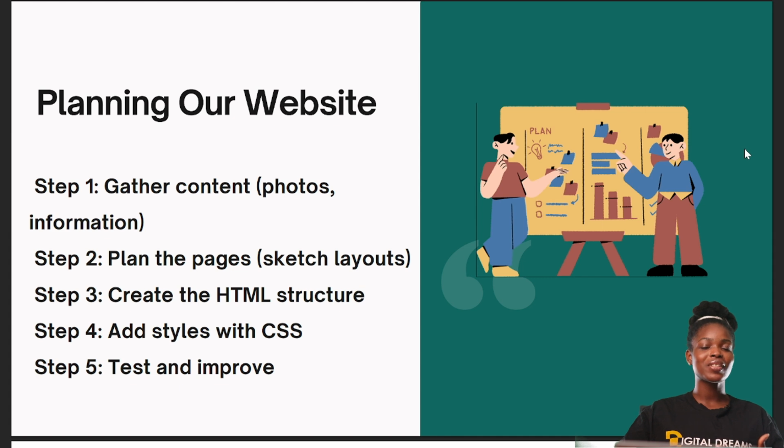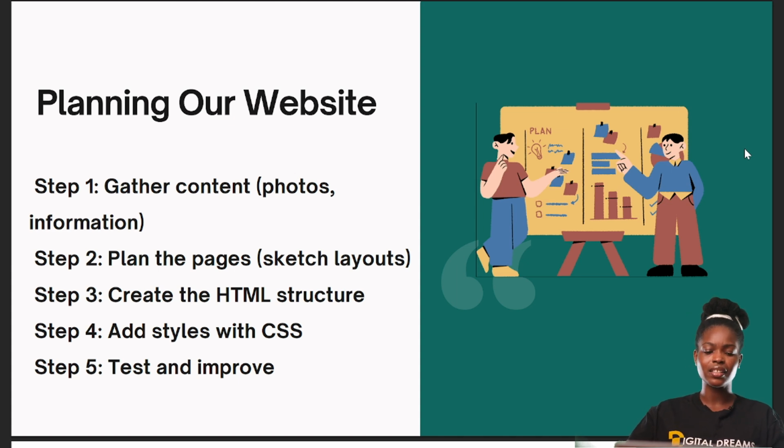Now planning our website. I'm sure that in the previous class I taught you about web design and everything that comes with actually building a website. And I told you that you have to just imagine in your head that this is what you want your website to look like. Okay? You have to have it at the back of your mind that this is it. I'm going to have this here, I'm going to have that here. If possible, sketch it out. Okay, nobody's going to beat you for doing that. Sketch out how you want your website to look and try as much as possible to bring that to life,